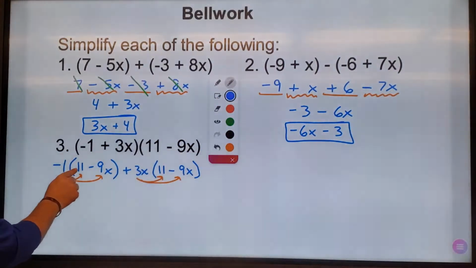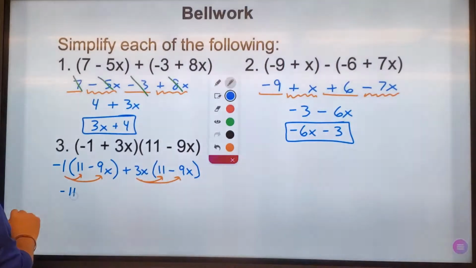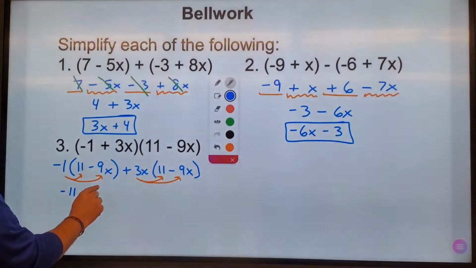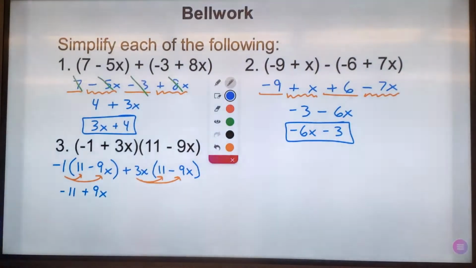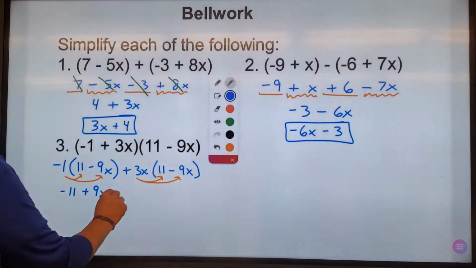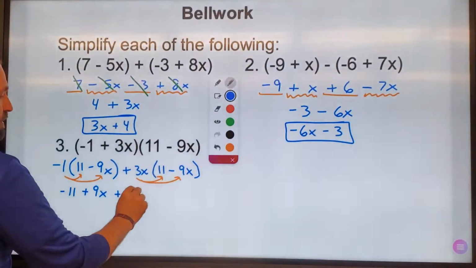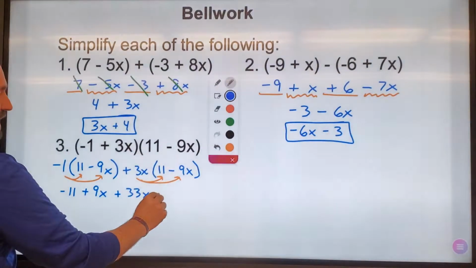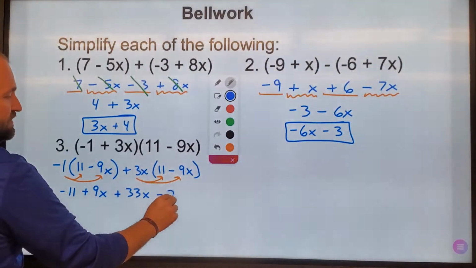Okay, so negative 1 times 11 is negative 11. Negative 1 times negative 9x will become plus 9x. 3x times 11 is 33x, so plus 33x. And 3x times negative 9x becomes negative 27x